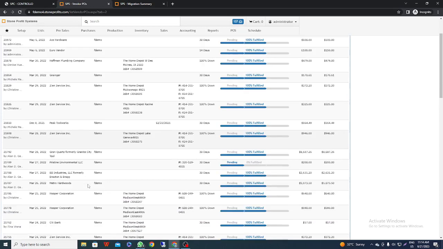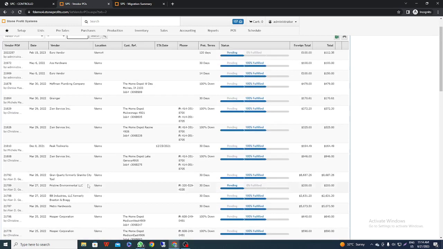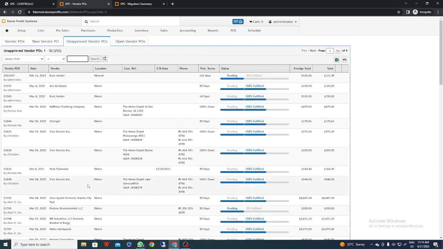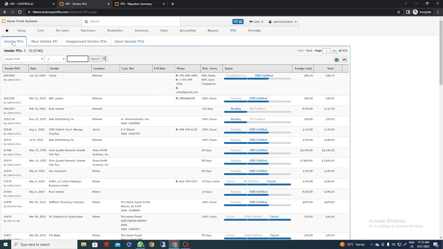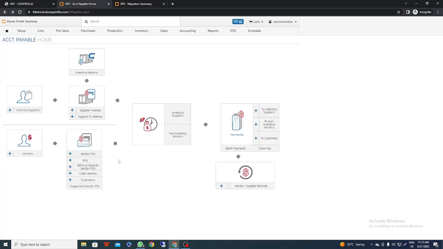and the admin will have the access to approve the POs. So once they approve the POs, they will move to the open vendor POs, and all the vendor POs will be listed in vendor POs. Both the